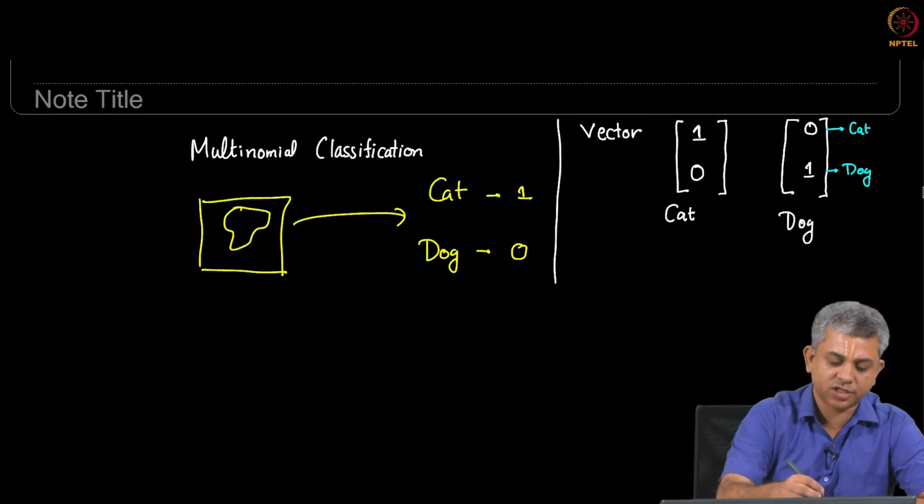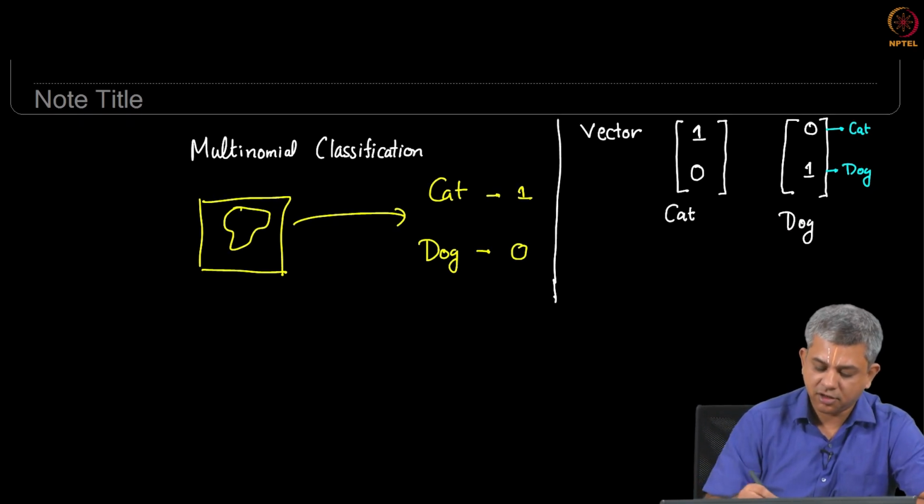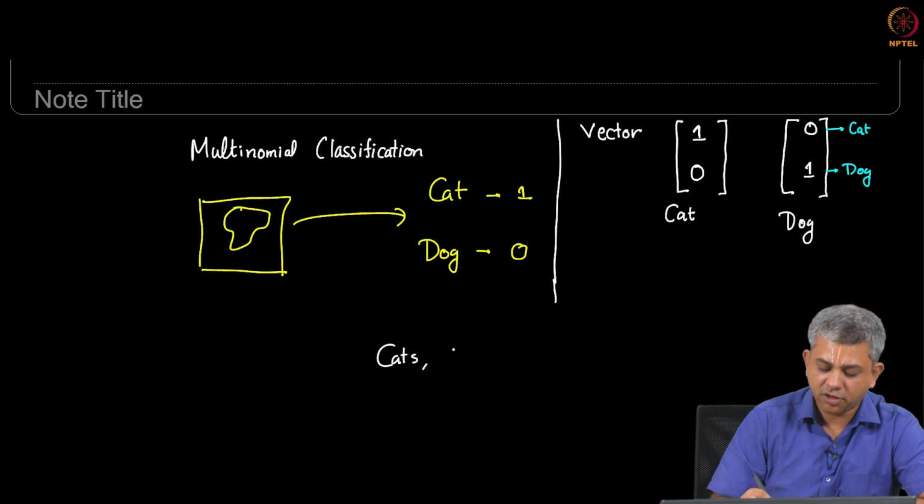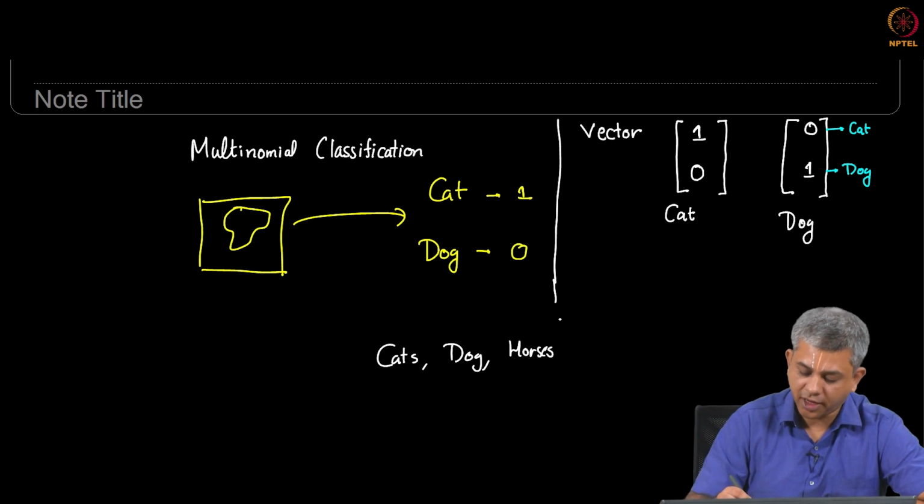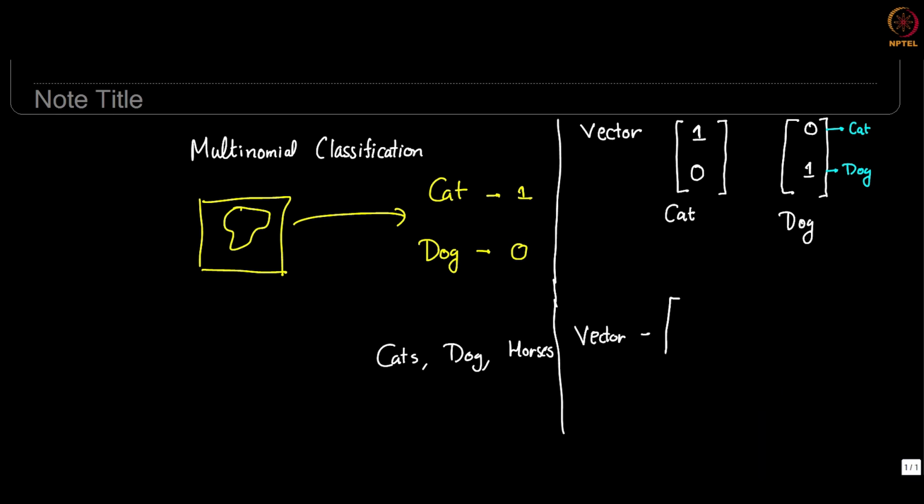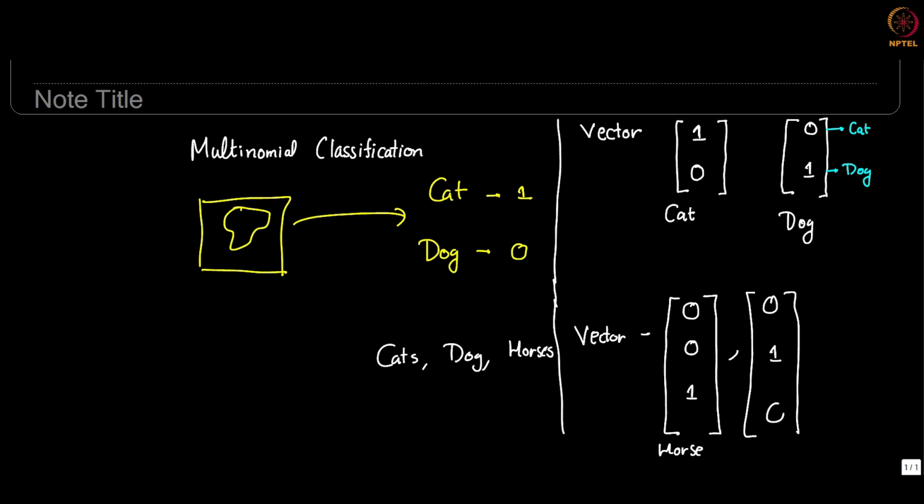Let us go one more step. Let us say we have three classes, let us say we have cats, dogs and horses. Once again the one hot vector then looks like 0 0 1 for a horse, 0 1 0 for a dog. This is of course arbitrary, we just have to make consistent choices,